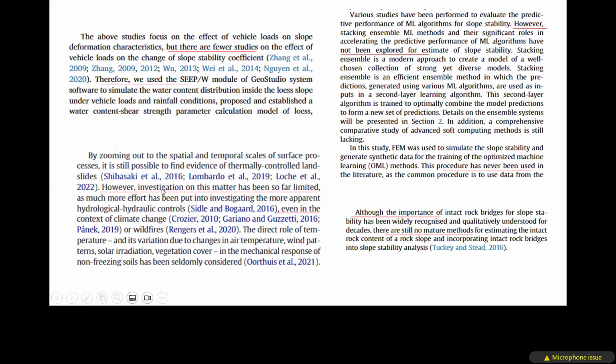And then he goes on to say that much more effort has been put in to investigate the more important hydraulic controls, even in the context of climate change. Now they are going to reinforce their research need by giving more and more examples, references from literature, right? See the beauty of this writing, how they have connected these sentences and how they are citing the literature from the published papers. This is the type of literature review that I'm talking of, not just cutting and pasting sentences